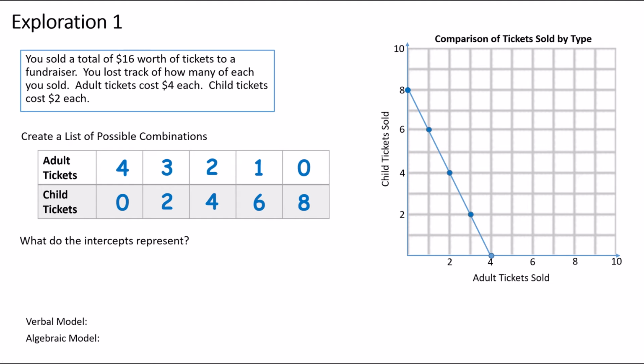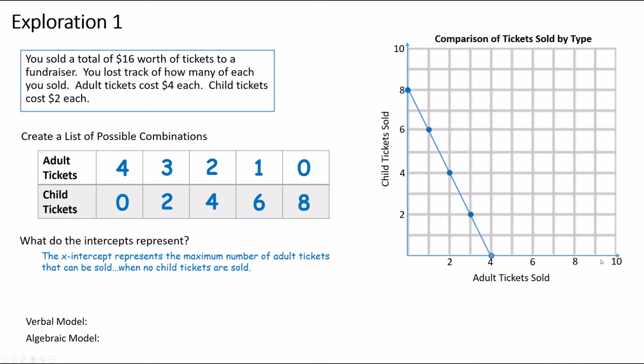Hopefully you've had a chance to pause the video and think about that, and hopefully you've realized that the x-intercept represents the maximum number of adult tickets that we could have sold. In other words, if I sell 0 children's tickets, if all the tickets I sell are adults, this is the number I would come up with. I can't sell 5 because that would be more than $16,